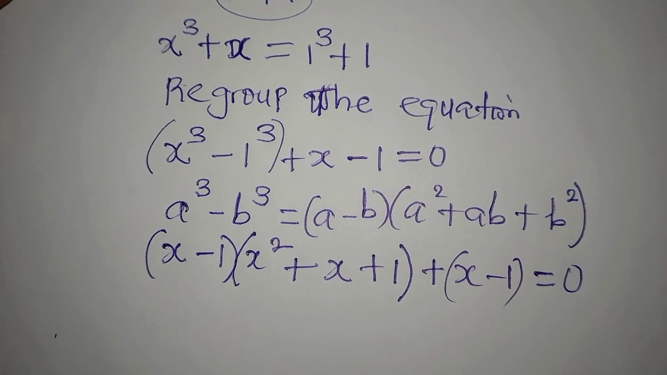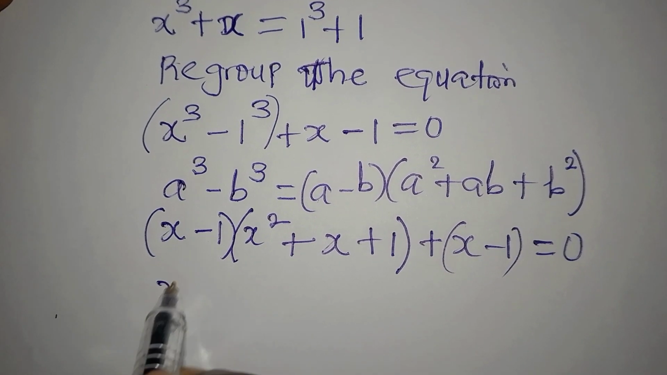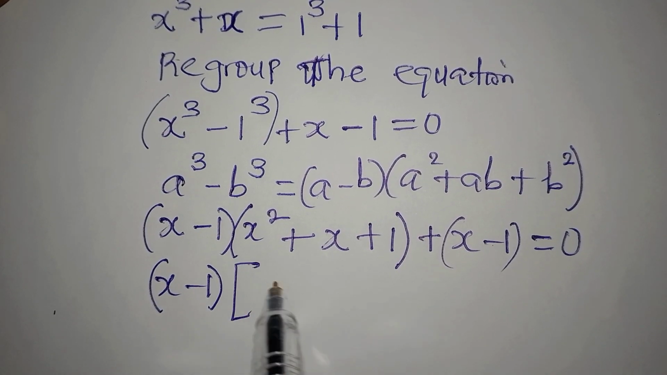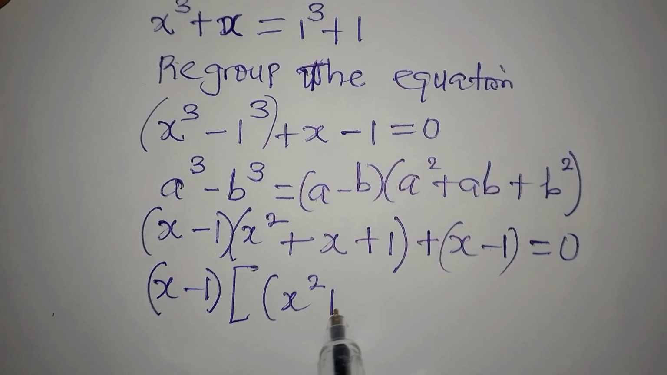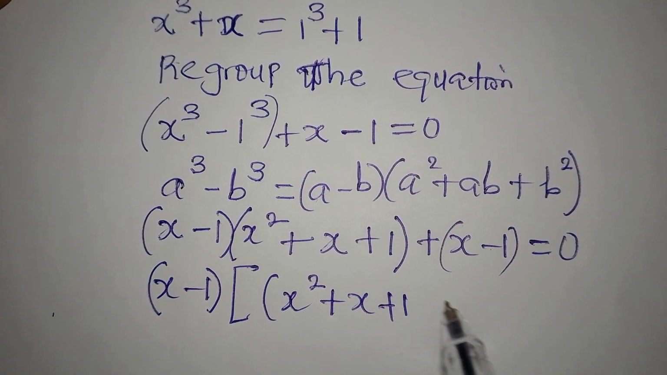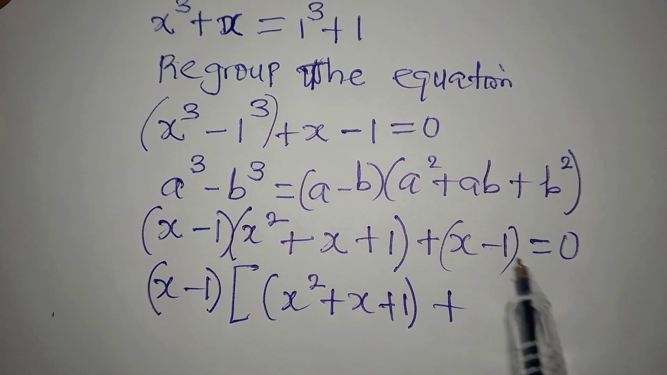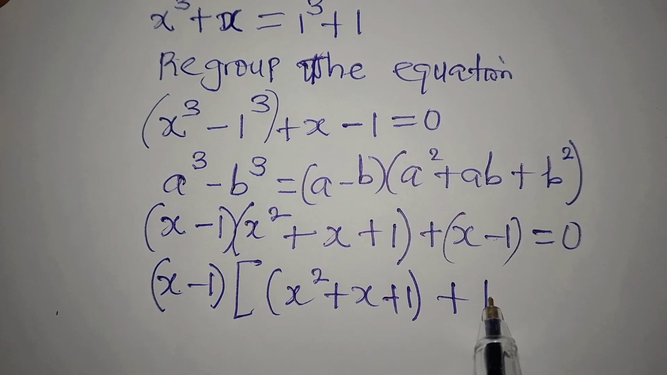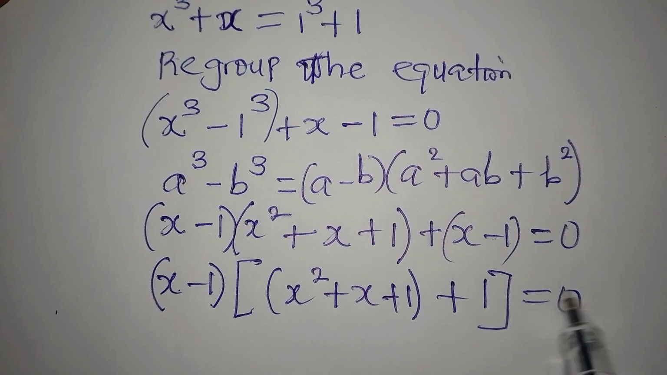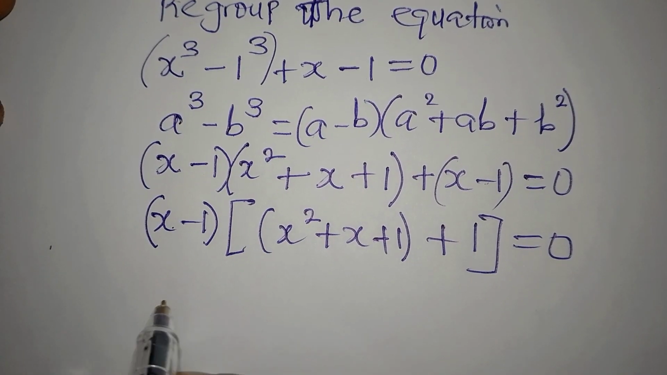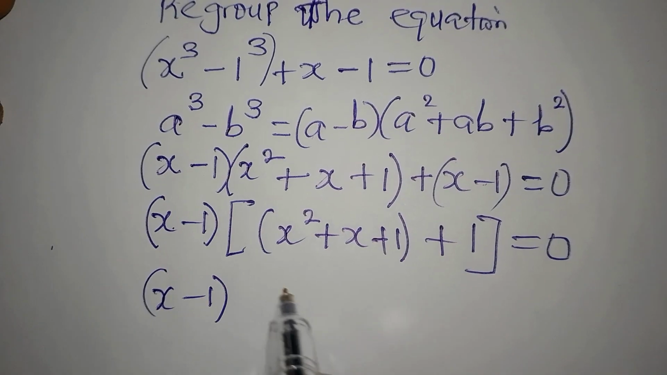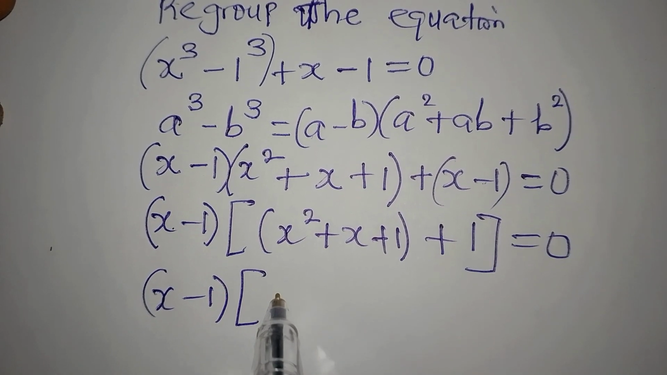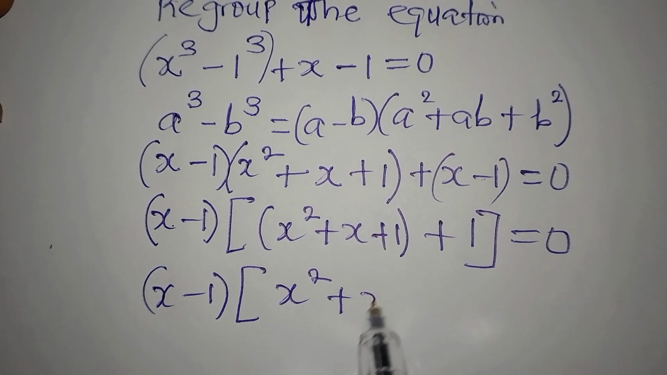At this point, we are going to factorize because x minus 1 is a common factor to these two. So here I have x squared plus x plus 1, plus this divided by this will give us 1. This divided by this will give 1. Then we close and equate to 0, so that our x minus 1 is still a factor. Then you add up these expressions, as we have x squared plus x plus 2